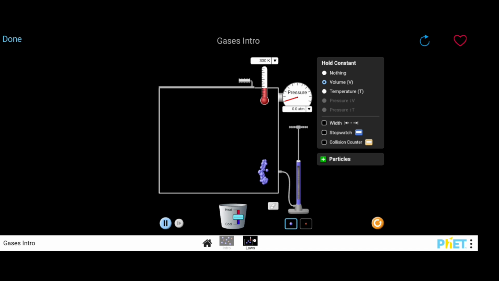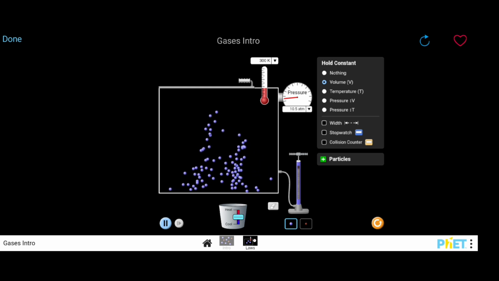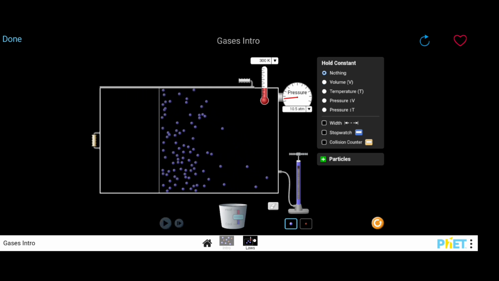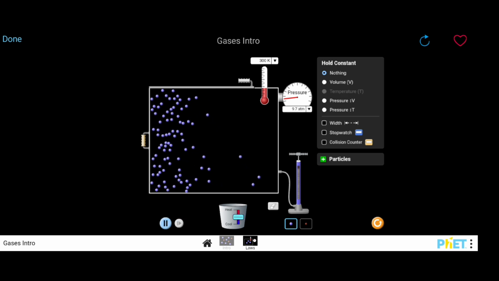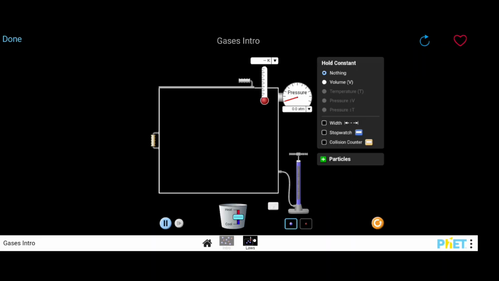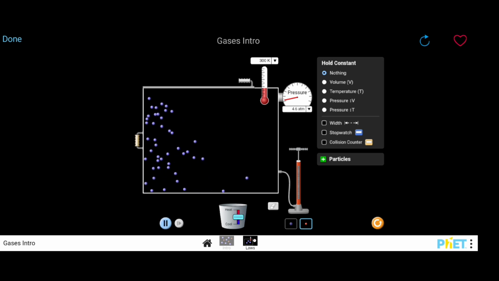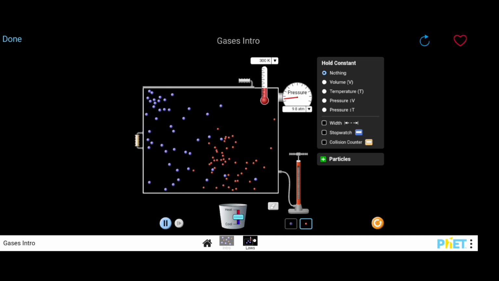Yung pump naman para sa number of particles. So, dagdag ka lang. Tapos yung handle para sa pagbago ng volume. Tapos andito sa gilid yung pang-measure ng pressure. So, if you are instructed to investigate pressure and volume, dagdag ka lang ng air molecules by moving this pump. So, pwede mo ring baguhin yung type ng particles na gusto mong gamitin.